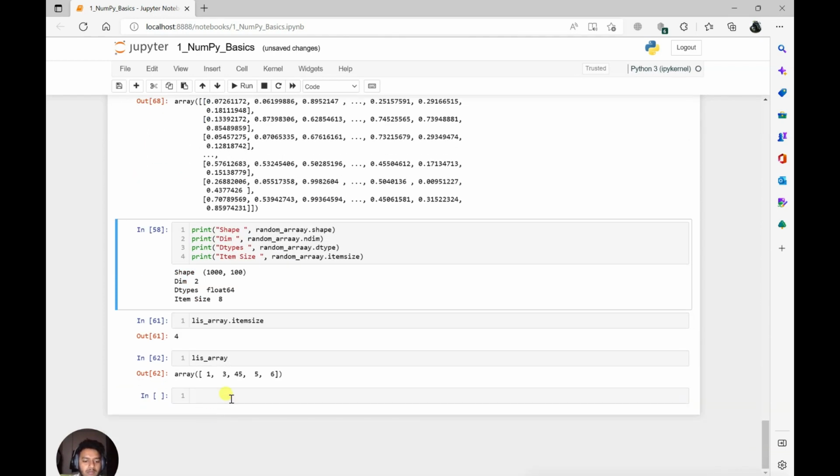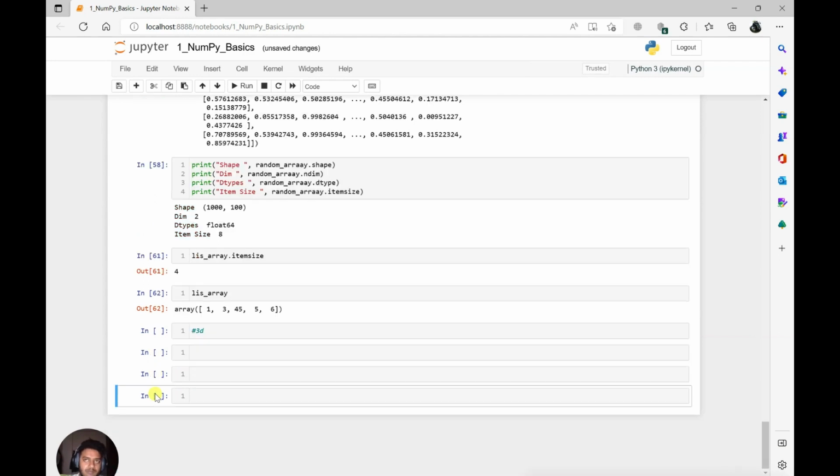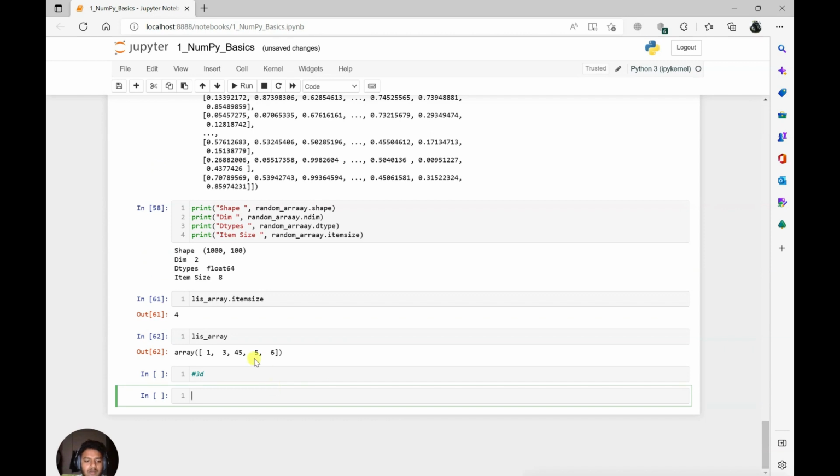Now let's come to 3D arrays. Since we can only easily see one-dimensional and two-dimensional arrays, 3D is not as feasible to view, but I will show you how to read a three-dimensional array. So let's start here. Generally we can't directly create a 3D array, we have to use a 1D array to create the 3D array. So first we'll create a 1D array. Let's say array3D equal to, this is how we define